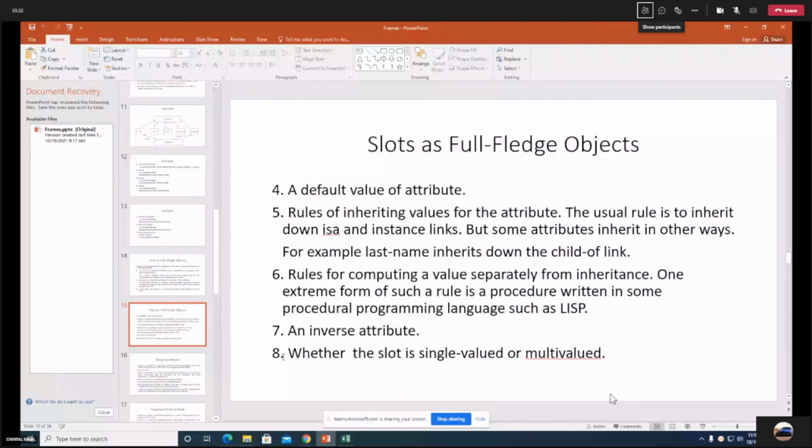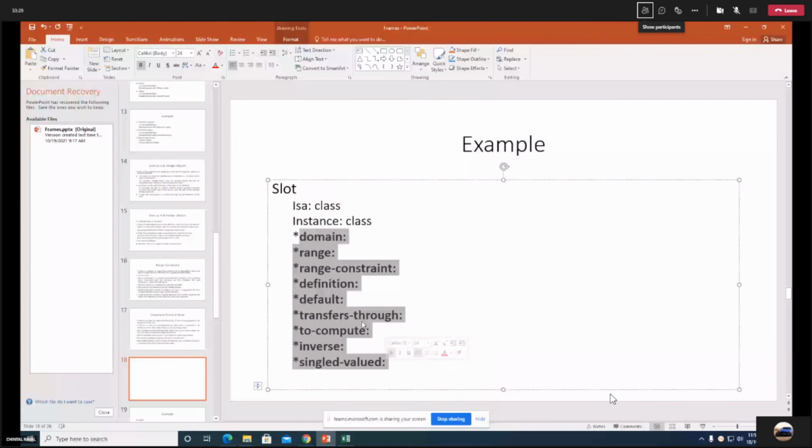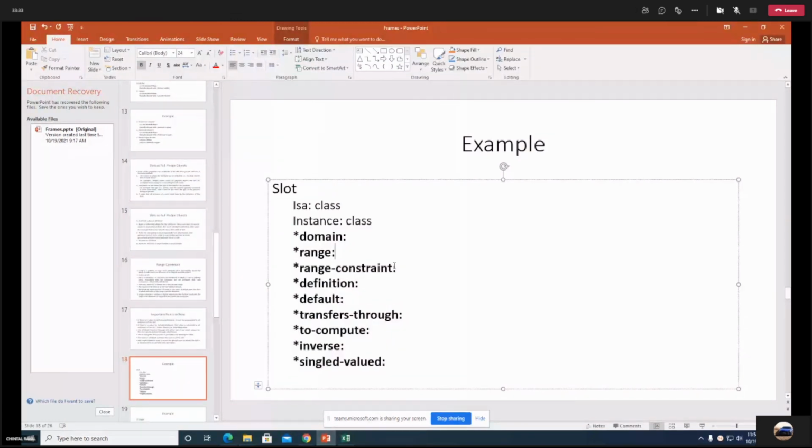How? We have these attributes added. The first one is domain: to which domain does this class belong? Range: for example, range should be between 100 to 200. Range constraint, driving license: our age could be from 1 to 100, but for driving license there is a constraint, 18 to 65.